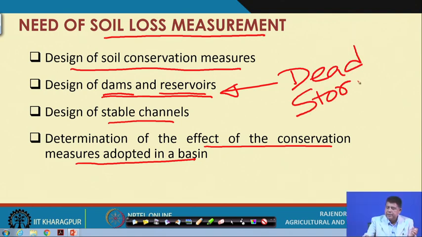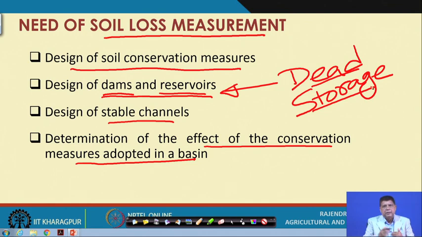That dead storage is the provision made while designing the reservoir to accumulate the silt or sand that will come into the reservoir over its life period. We always know that some siltation will be there, and we can make a provision for that. How much dead storage and how much silt is expected over a given period of interest can only be known if we measure the soil loss